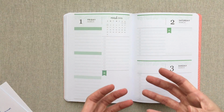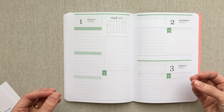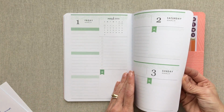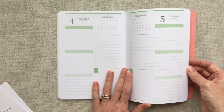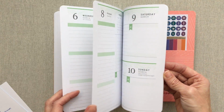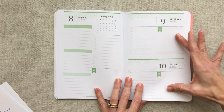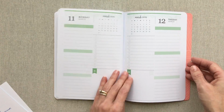So it's not buying a huge expensive daily planner and having so many pages wasted just to try it. I love the colors in this planner. I love the layout of the page. I think that they did a really good job for their first go round. My biggest thorn in the side is the Saturday and Sunday sharing a page, but I love to have a